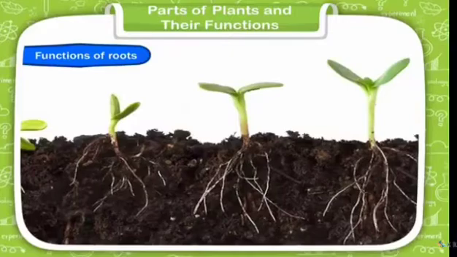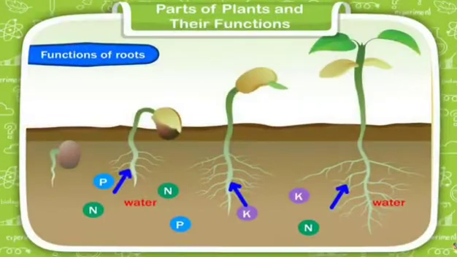Soil that is not covered by plants gets blown away by the wind or washed away by the rain. This is called soil erosion. So plants protect the soil from erosion. Second, it absorbs water and minerals from the soil. The minerals are dissolved in the water, absorbed by the root, and these minerals are very important for the growth of